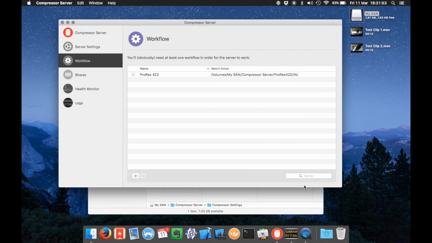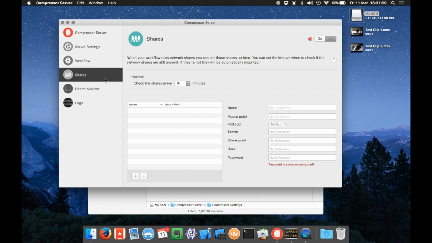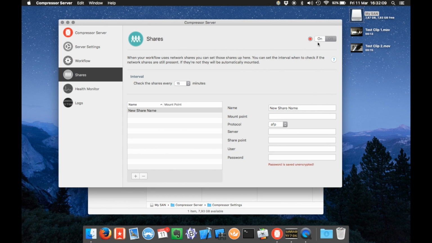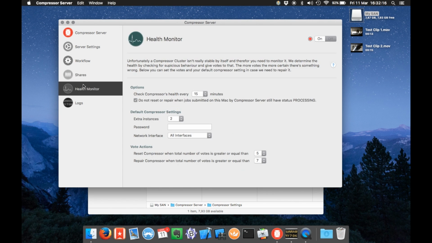Okay, just click save. Okay, let's continue before we switch it on. The shares, I'm not gonna demo it here, but simply add a plus sign and fill everything out. There's a nice help thingy to get you started, and click on it and it will mount your share. Let's go to health monitor first, because that's a pretty important one, because we want to have compressor stable,